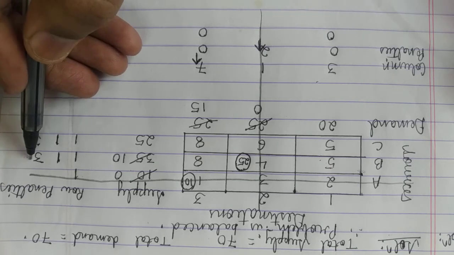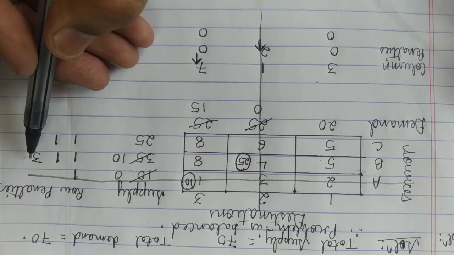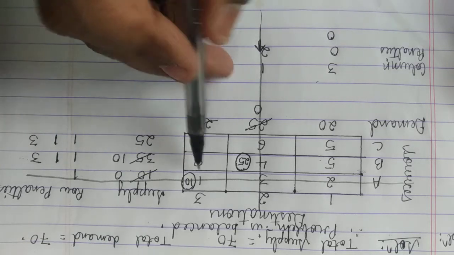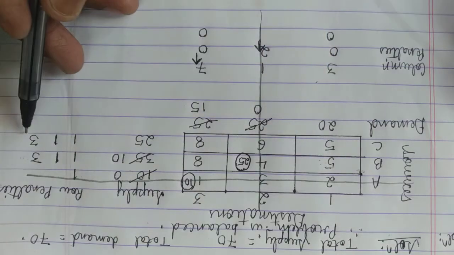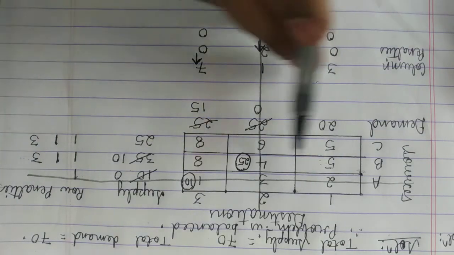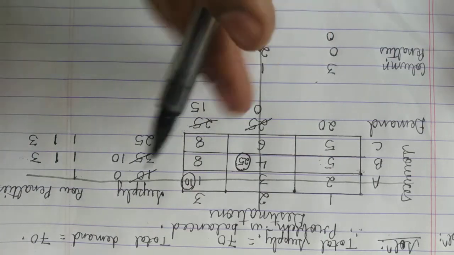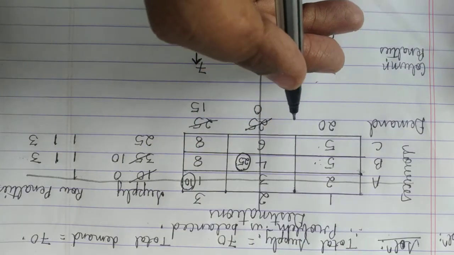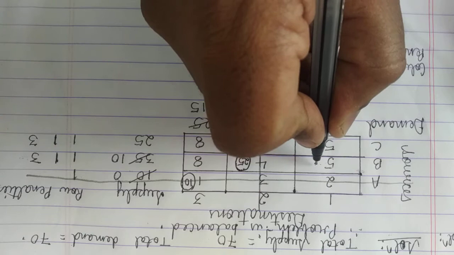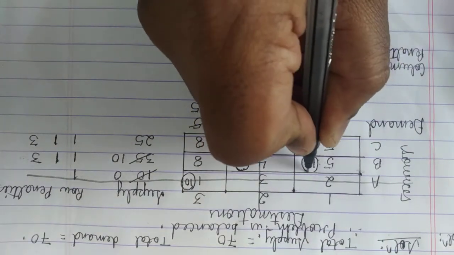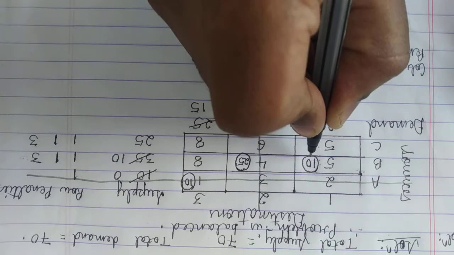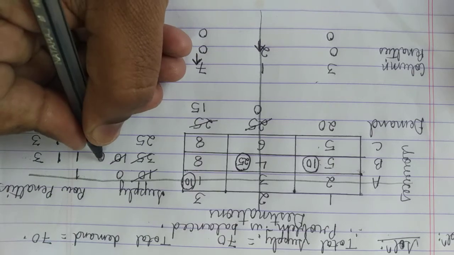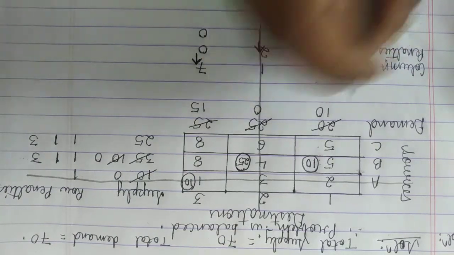Now what is the highest penalty? We have a tie here and here. So what we do is, if I allocate in this, which is the least cost, 8 or 5? 5. If I allocate in this, what is the least cost, 8 or 5? 5. So in both cases we can take either of these. Say I'll allocate here, you can take any other allocation also, that is fine. I'm allocating 10 here because the minimum of supply and demand was 10. So 0 is remaining here, and 10 is remaining here.